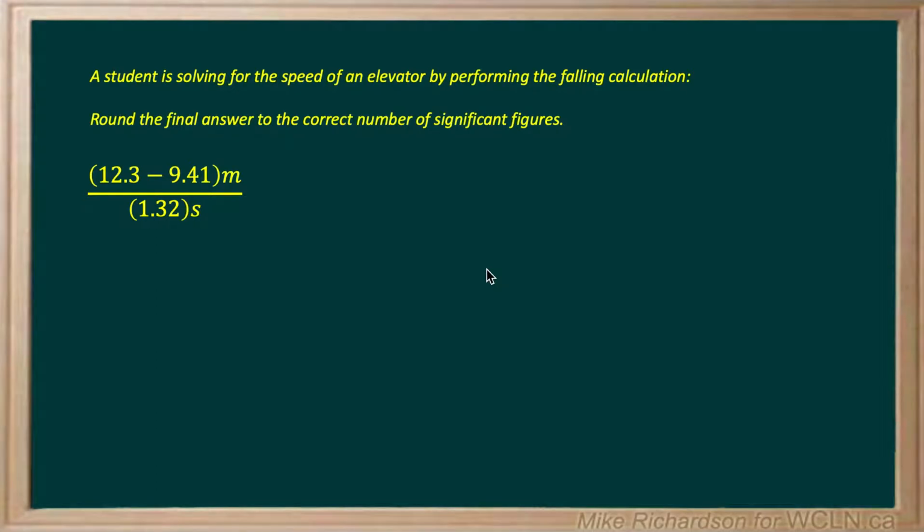Okay, the first thing you want to do when you have multiple operations like this is forget the significant figures and simply get an answer that's unrounded initially, and then we can round off appropriately. So the top of this equation, when we sort it out without doing any rounding, simply becomes 2.89, while the bottom is still 1.32. And when we perform the calculation, 2.89 divided by 1.32 is